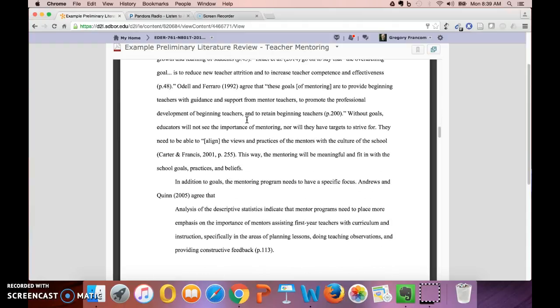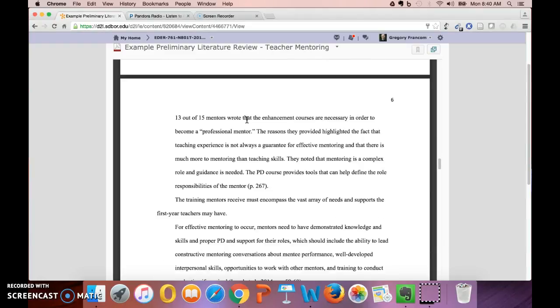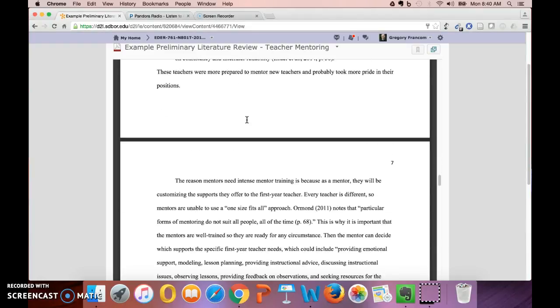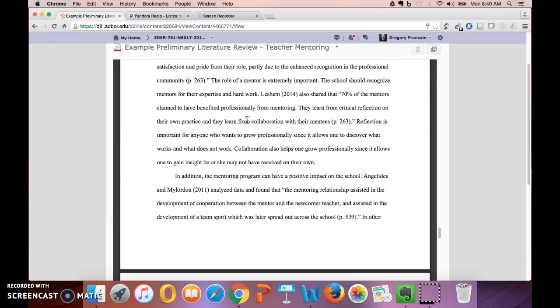And then it goes through, and what it does is actually it starts more general, like any good literature review. It starts more general, like teacher mentoring. Teachers face problems, and the solution might be mentoring. And then it goes more specific into the type of study that the person wants to eventually submit or propose. So later on, it says something like,